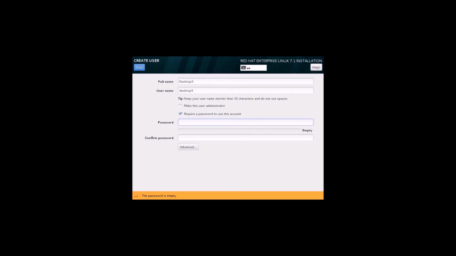So that is the user, my user is desktop5, that is the username, and the password is redhat123. Once the creation of the user is done, you can click on the done option. It will show that the root password is set and user desktop5 will be created.